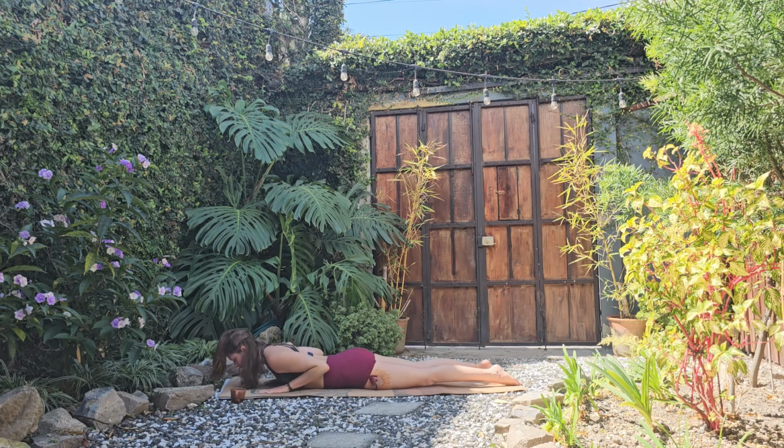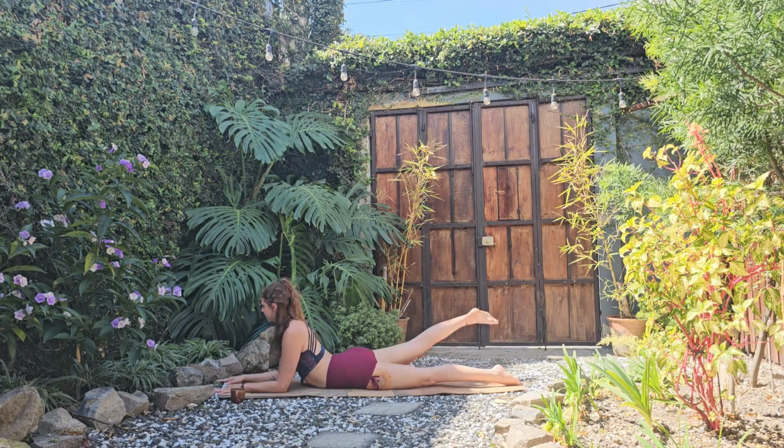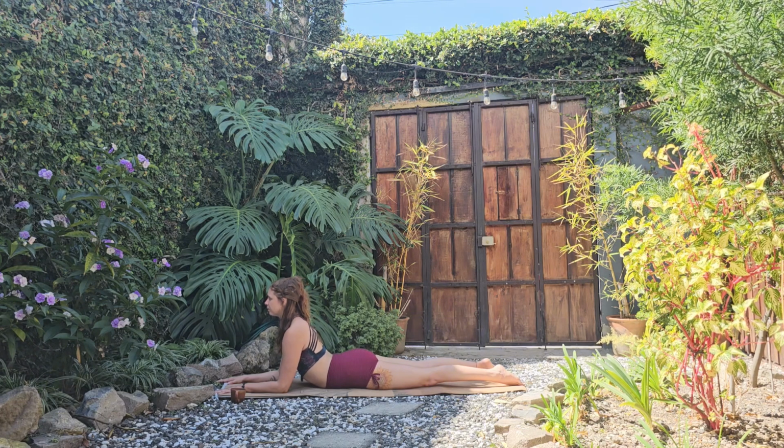This time we're going to set ourselves up for Sphinx pose. So bring both your forearms out in front of you and maybe see how it feels to pick up each leg and just pull it back a little, just to create a bit more space and opening for the lower back. Push equally into both palms, both forearms, to open your chest up into a mini backbend and